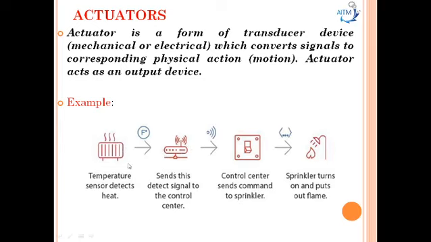The temperature sensor detects the heat, and after detecting the heat, the signal from the sensor is sent to the actuator, and the actuator sends the detected signals to the control center. The control center sends the command to the sprinkler, and the sprinkler turns on and puts off the flame. So this is how the sensor and the actuator play an important role in embedded systems.